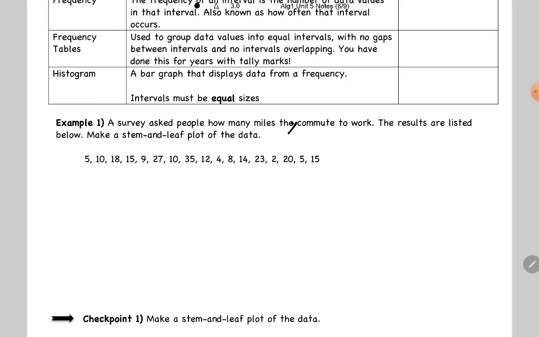So you collected some data: 5, 10, 18, and so on. If you wanted to make a stem and leaf plot, first you need to rearrange the data in numerical order. So first step, write in numerical order. The first number is 2,